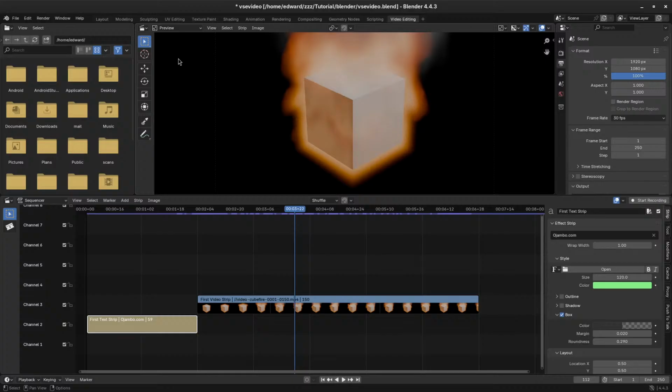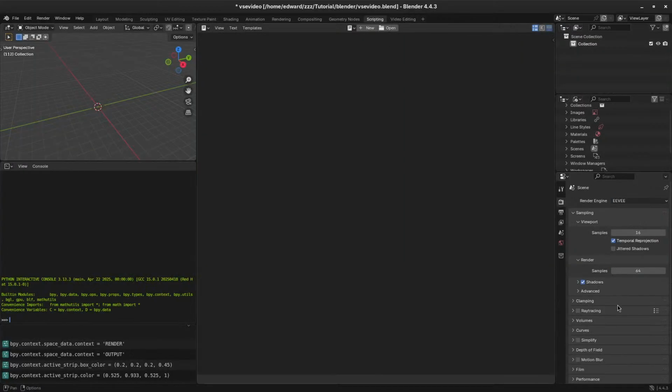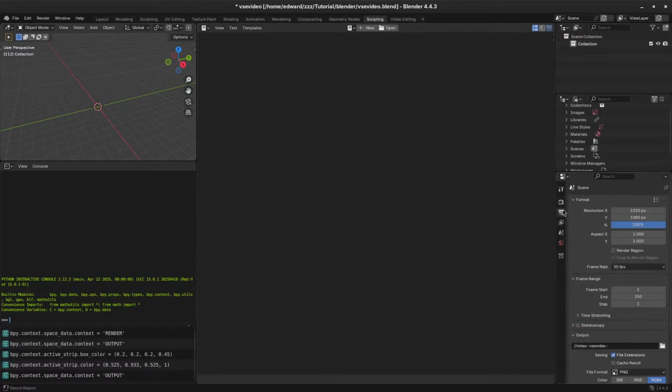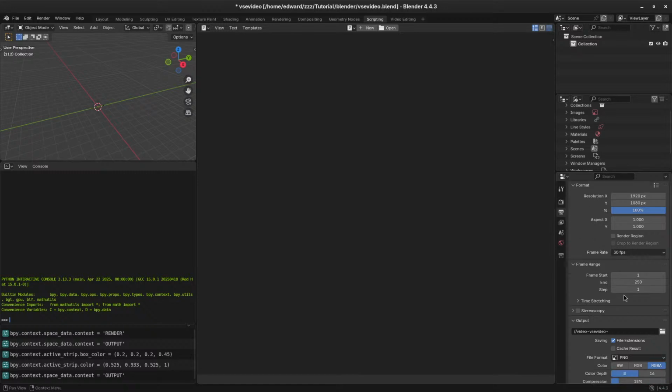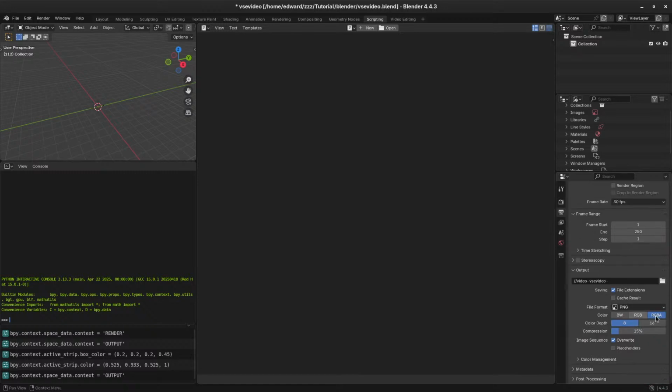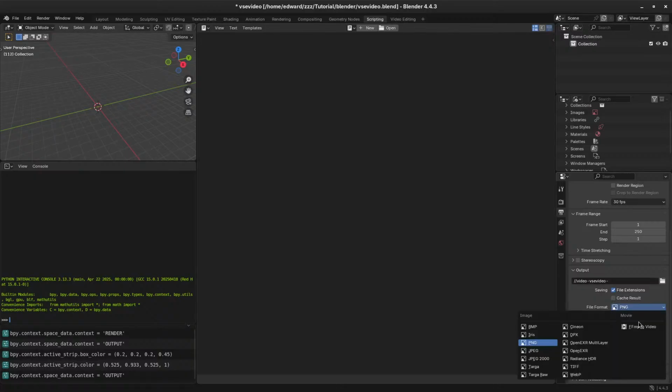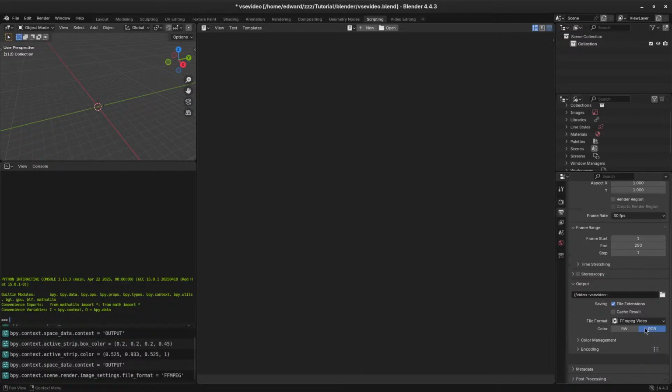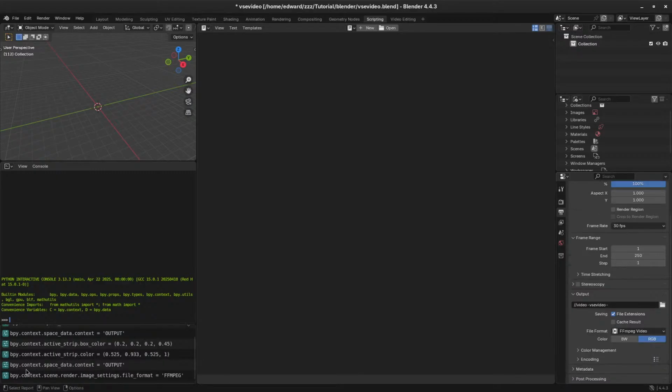So with that out of the way, let's go to the scripting tab, and you see here when we changed back to the output here, if I want to change this, watch this info thing, you see what will happen. For example, the file format, I'm going to change it to FFmpeg, and look what happened here. You see this line here? I'm going to copy this,